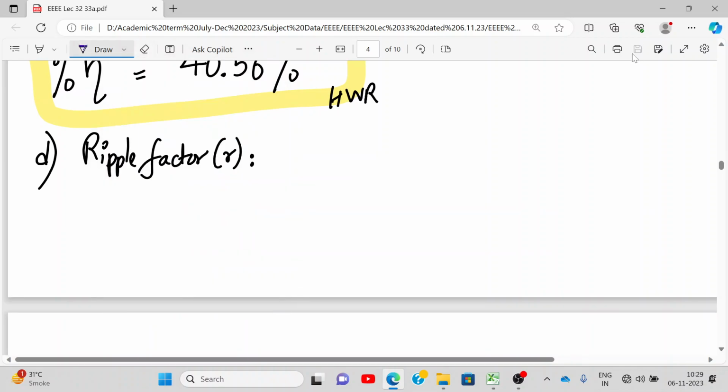So write down the definition. It is the ratio of,